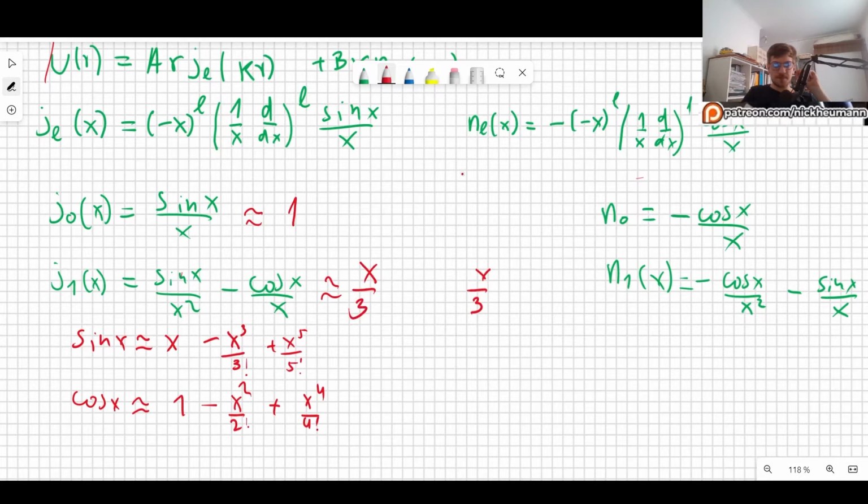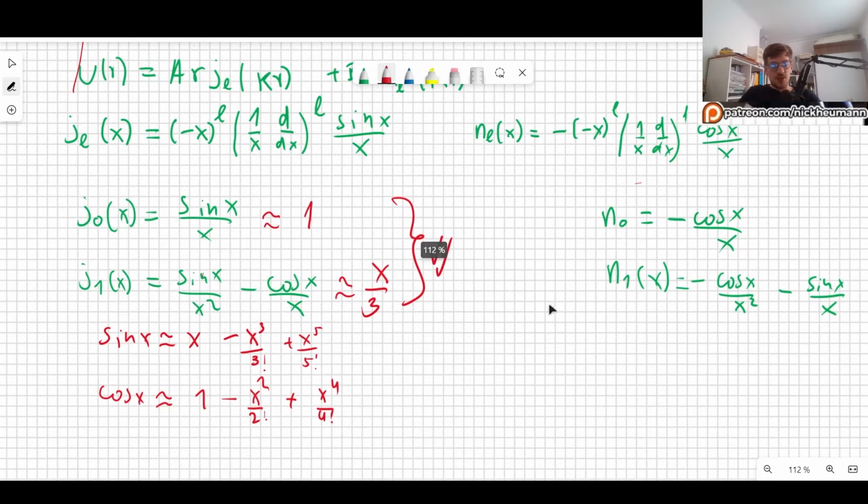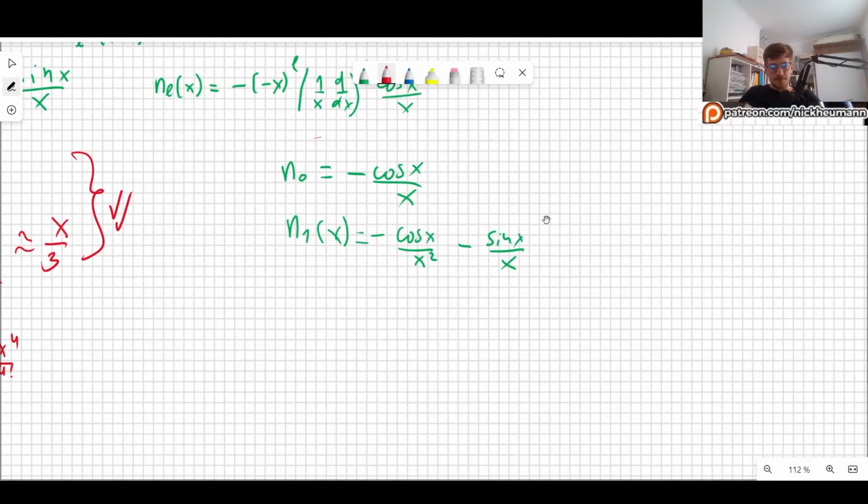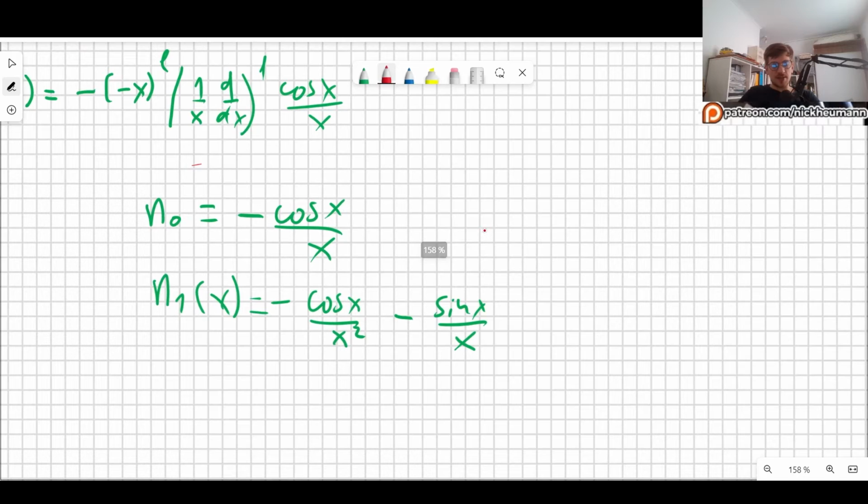So let's just write it there. Both of these are finite, and in fact, if you keep going, you will see that everything is going to be finite. There's going to be no issues. So the spherical Bessel functions, they are okay. Now, what about the Neumann ones? If we take a look at the Neumann ones,